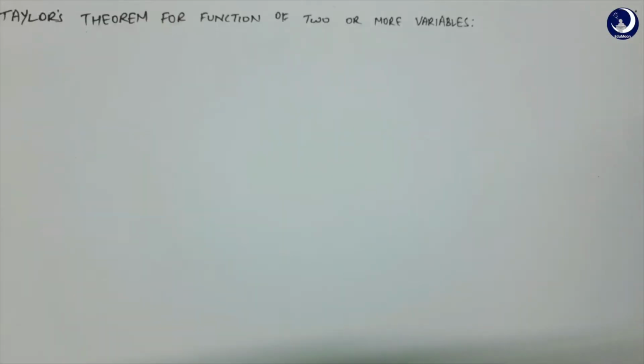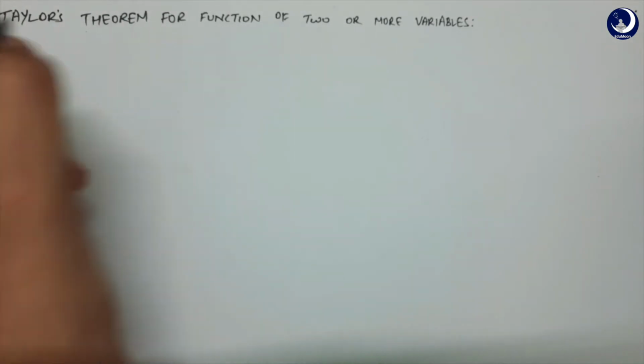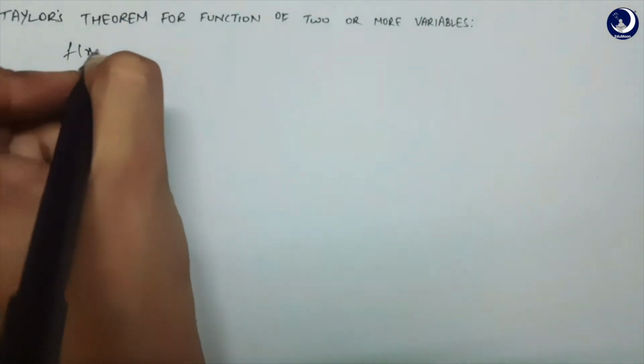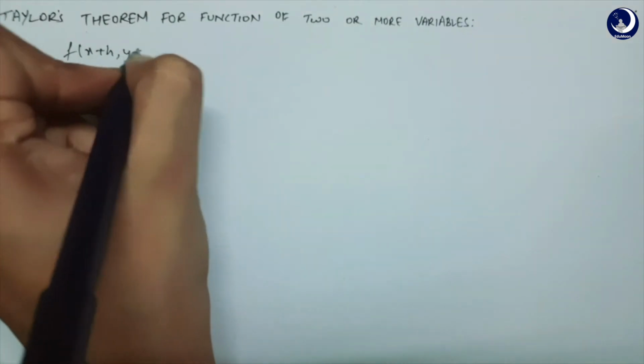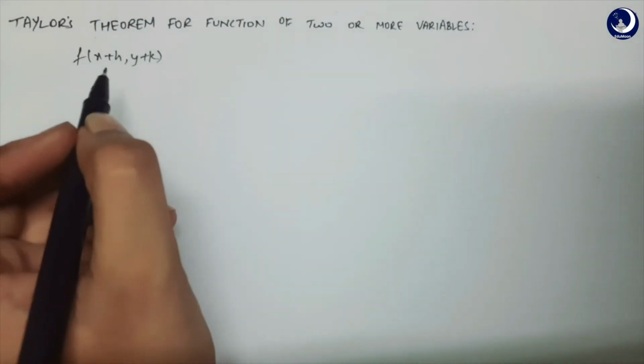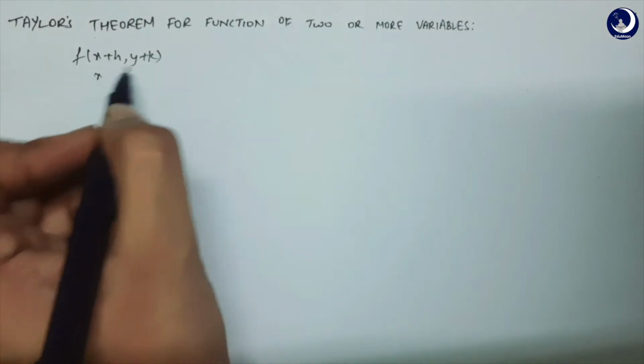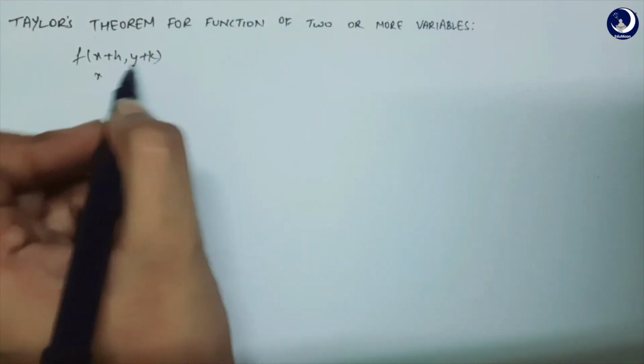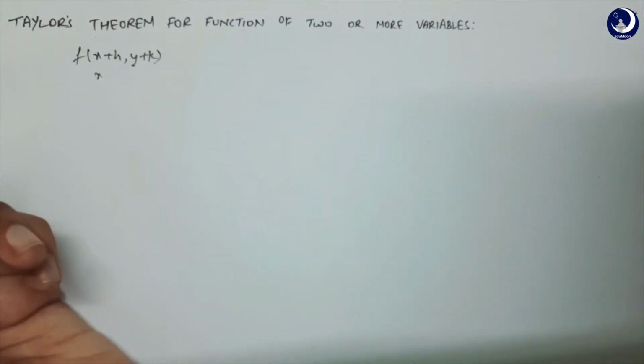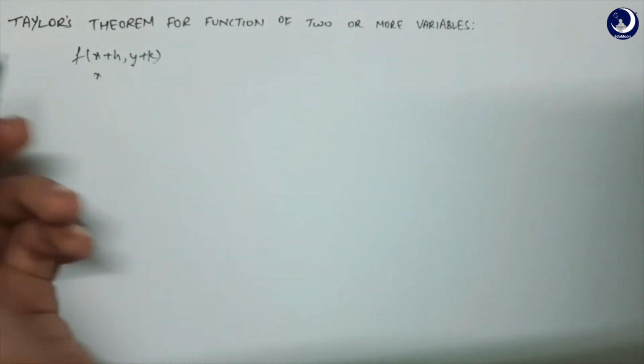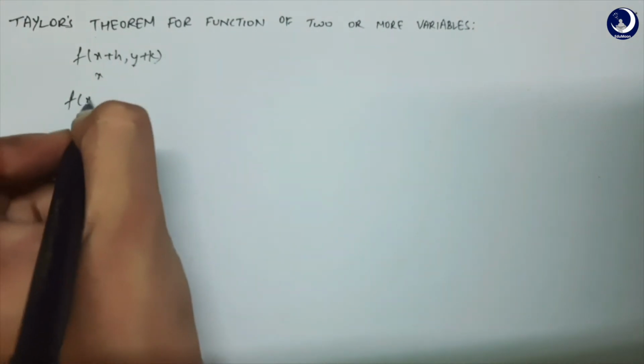So our next chapter is application of partial differentiation, and our first topic is Taylor's theorem for function of two or more variables. So let's consider a function f of x plus h comma y plus k as a function of single variable x. So that means this term is constant. Now by Taylor's theorem, if we expand this function, we get as follows,